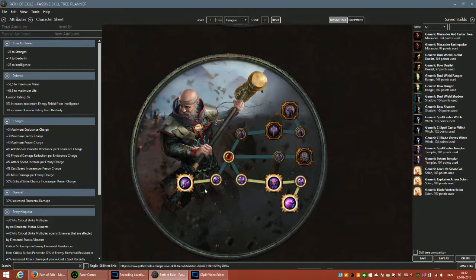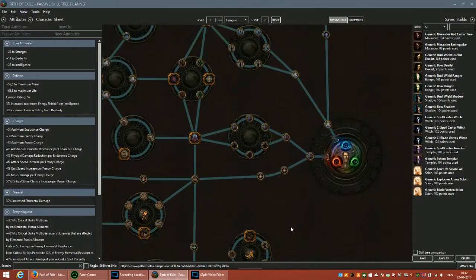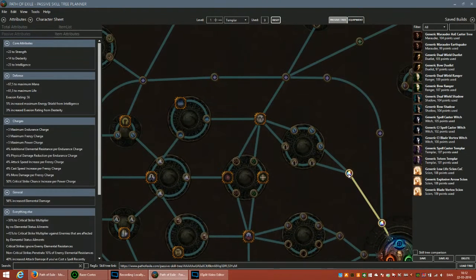So yeah, cast on crit seems like a really good option here because this node kind of benefits from it. But then again, we are a Templar. So a Templar cast on crit, we do get some elemental damage here in the beginning and some spell damage. Then